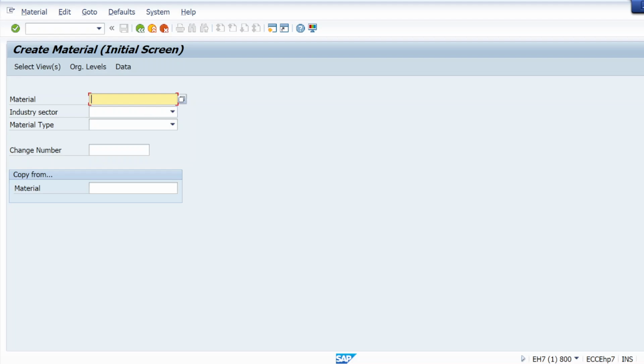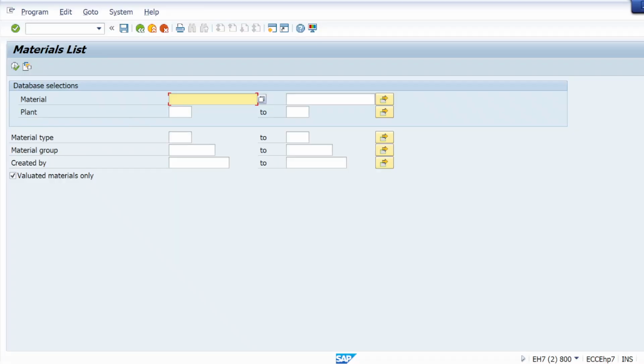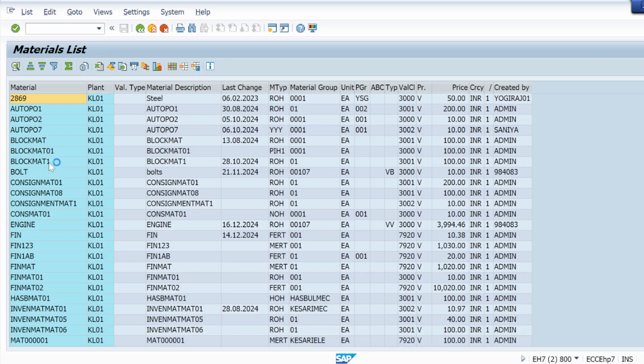And you can also see I'm doing MM01. Whatever I'm going to do, the same T codes are there. Mostly 90% of T codes are the same. Like MM60, same T code. So let me take auto PO1. Only the last step is there that we will see, like why it's coming.